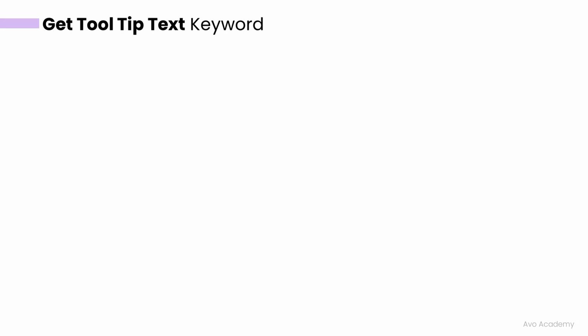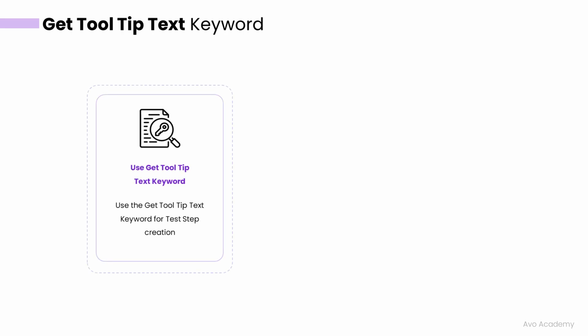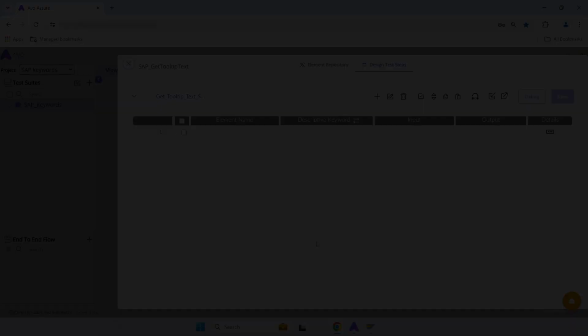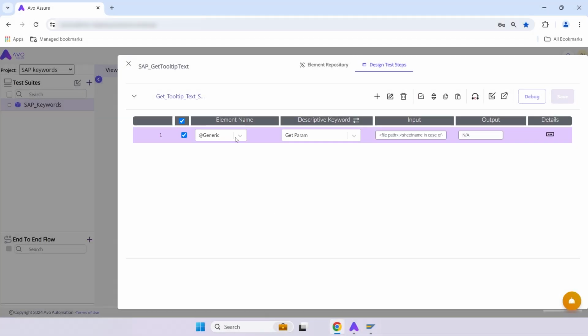In this video, you will explore how to use the Get Tooltip text keyword in Avo Assure to obtain or view the tooltip text of a captured element from the SAP application. Begin by adding the first test step by selecting